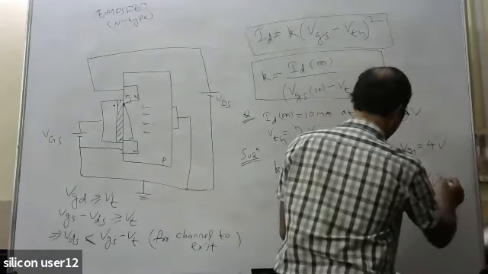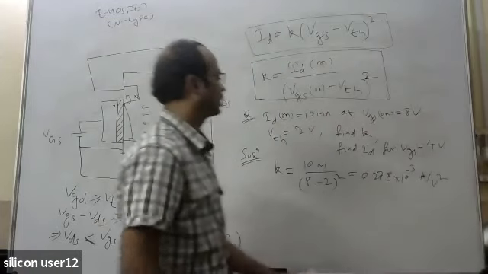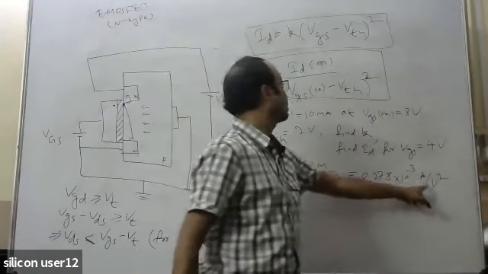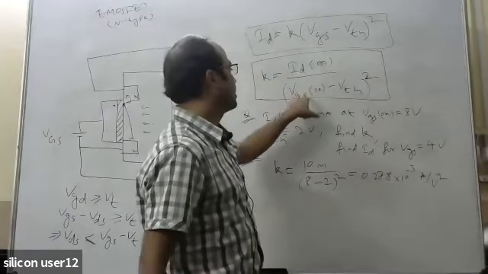ampere per volt square. Okay, its unit is ampere per volt square because it is ID by VGS minus VT whole square. So on top is current, so the unit is ampere by, at the bottom, voltage squared, V square. So its unit will be ampere per volt square. So once you have this K, next you can write down the generalized ID equation.